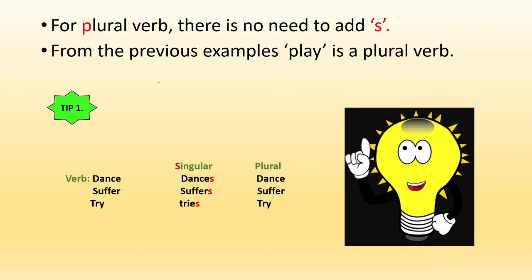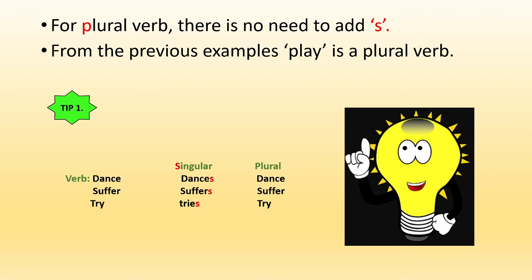form of the verb. So from the previous example, play is a plural verb. Now what does this mean? So if we have, for example, these three verbs, these are the root form of the verbs. That means the first basic form of the verb. So how will we make a singular and plural of these verbs? Now if we have to make a singular of a verb, we have to add s to it. S of singular, it is added to the root form of the verb. So just remember this. Singular of a verb is made by adding S of singular to the root form